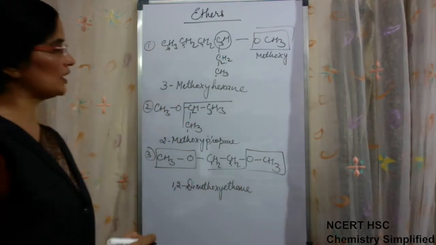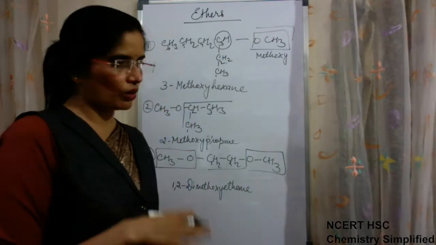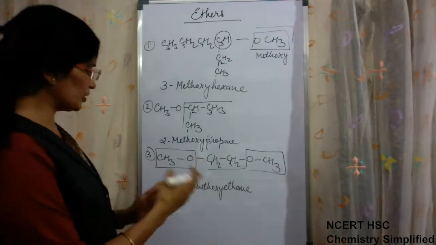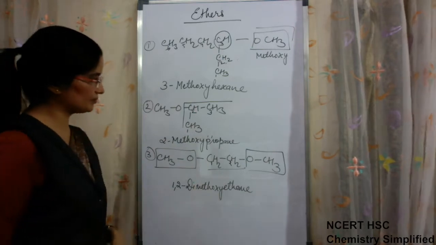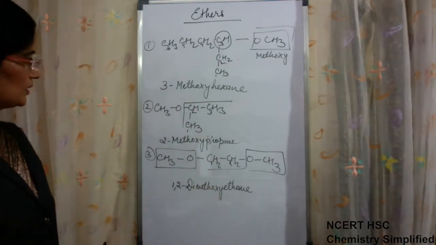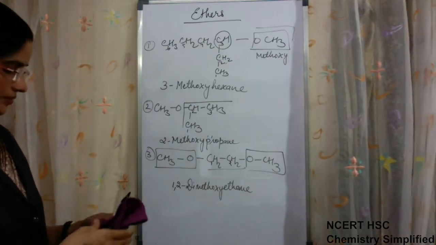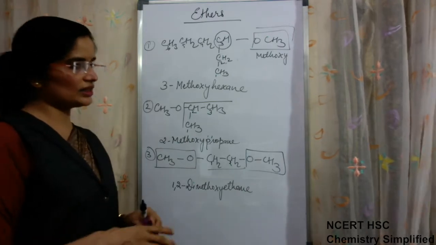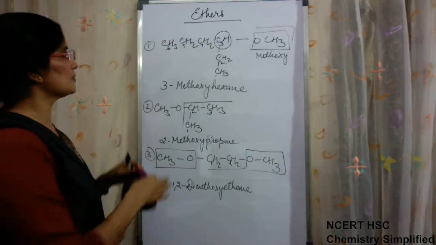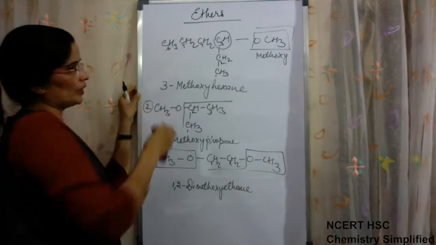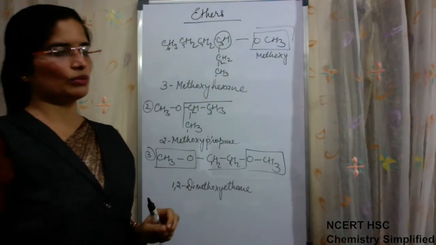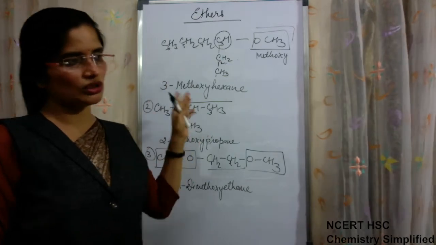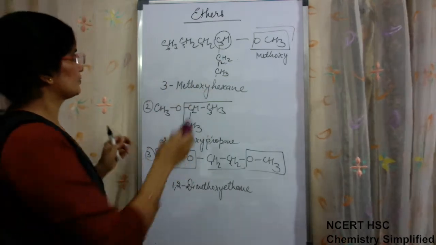So how do we give the name for ethers? Alkoxy-alkane. In that manner we are giving methoxyethane, methoxyhexane. Okay. Naming of ethers is generally asked in exams. There are 1 or 2 questions in the whole question paper for nomenclature, and mostly they are from either the ether portion or from alcohol.